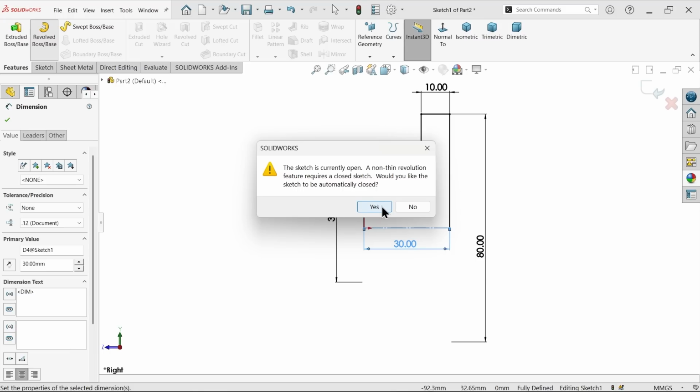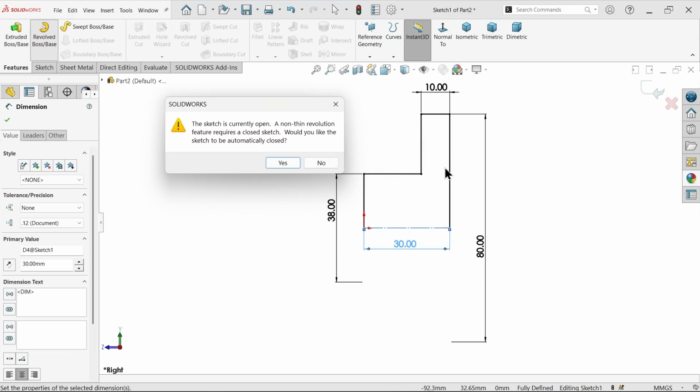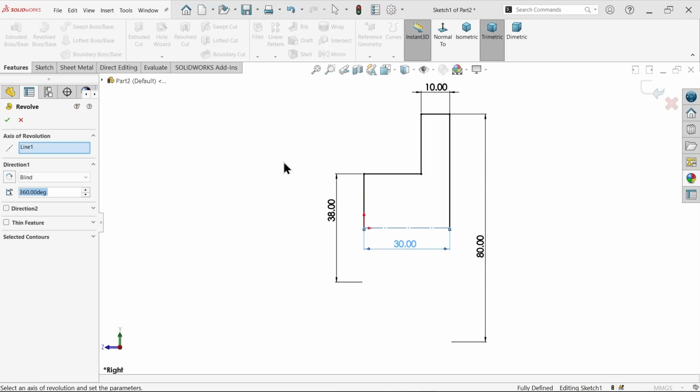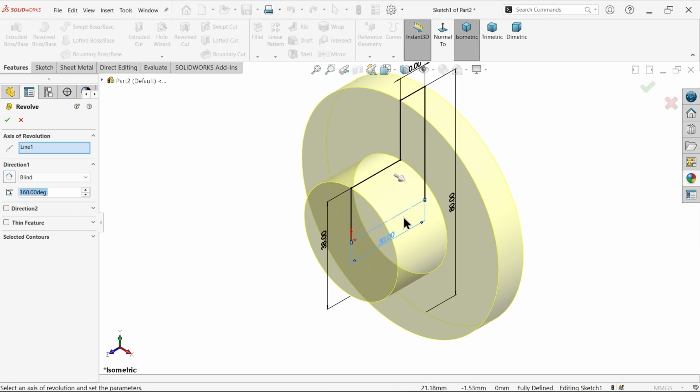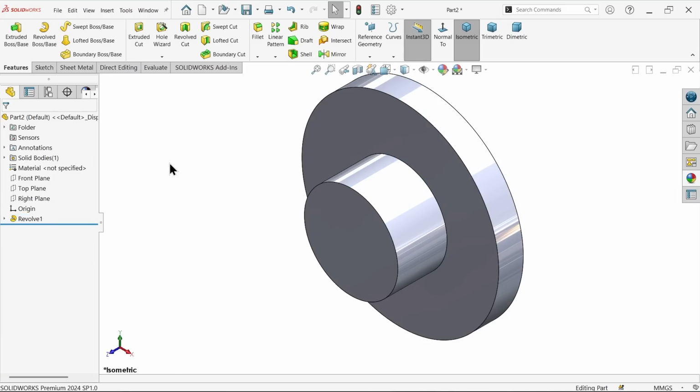Revolve boss base. Because the construction line profile is open, the system asks, you will see this notification, say yes. By default, the system took this center line as the axis of revolution. Keep end condition blind, 360 degree. Now here we need to make, okay, let's use hole wizard,